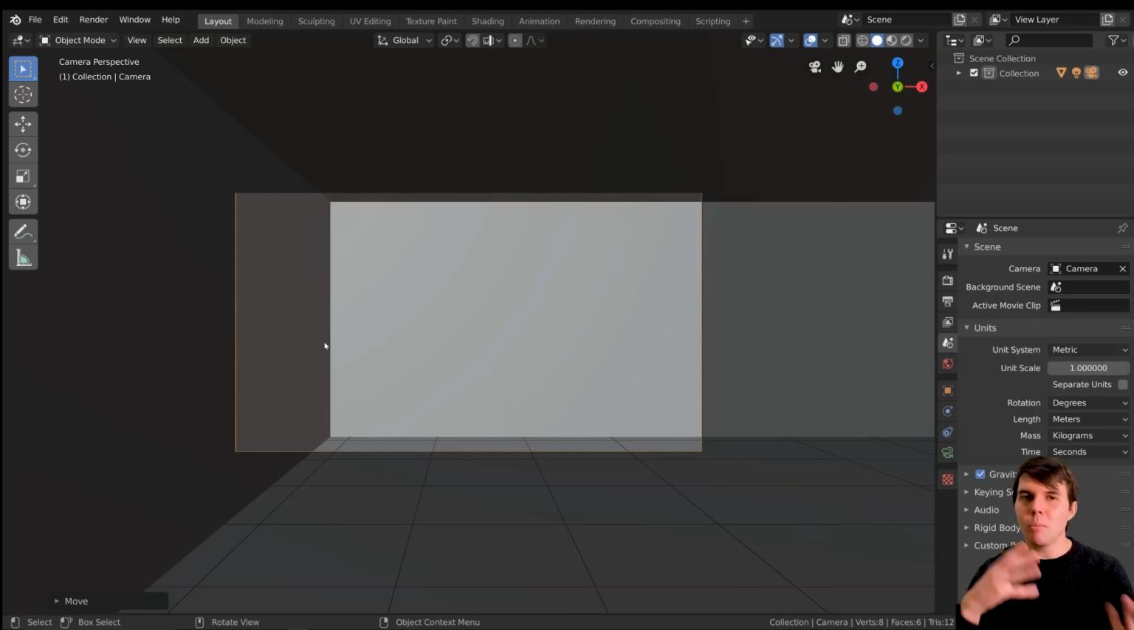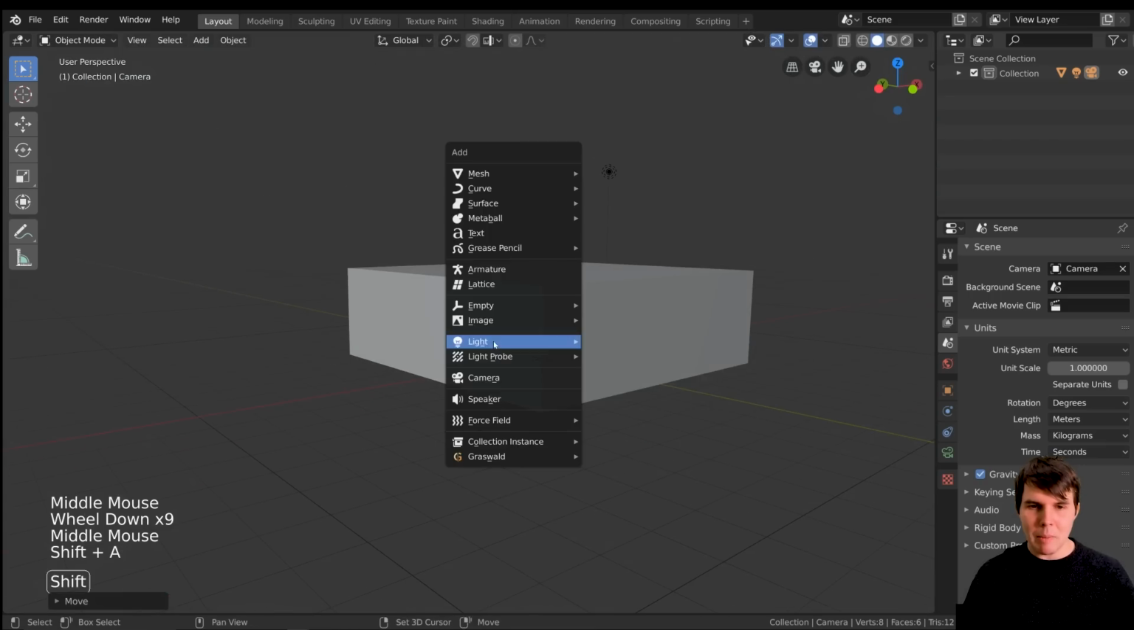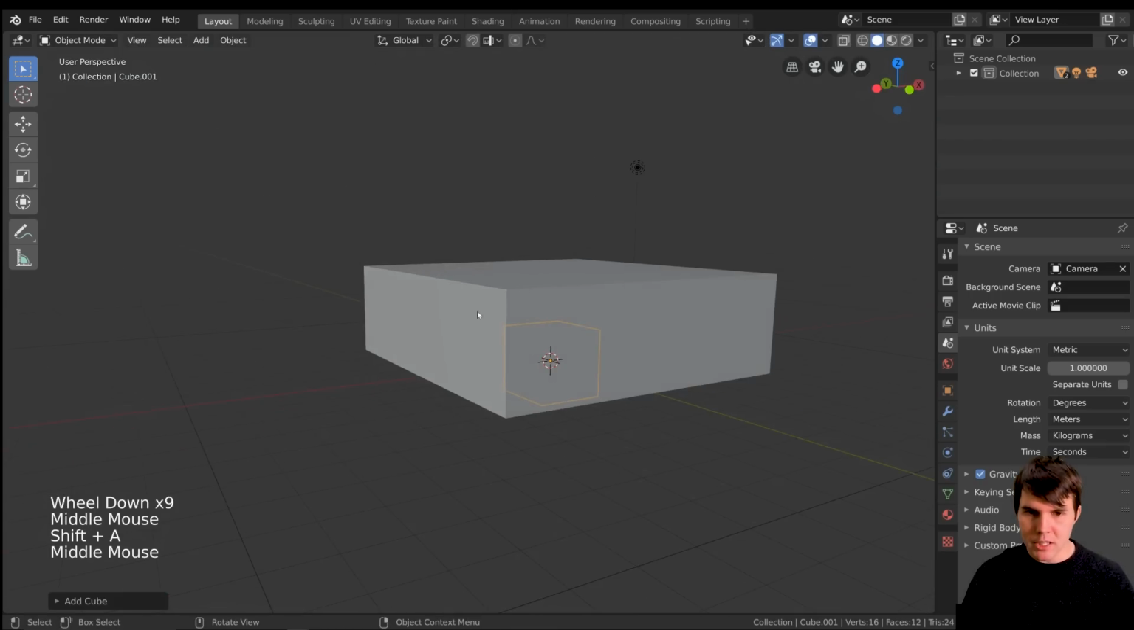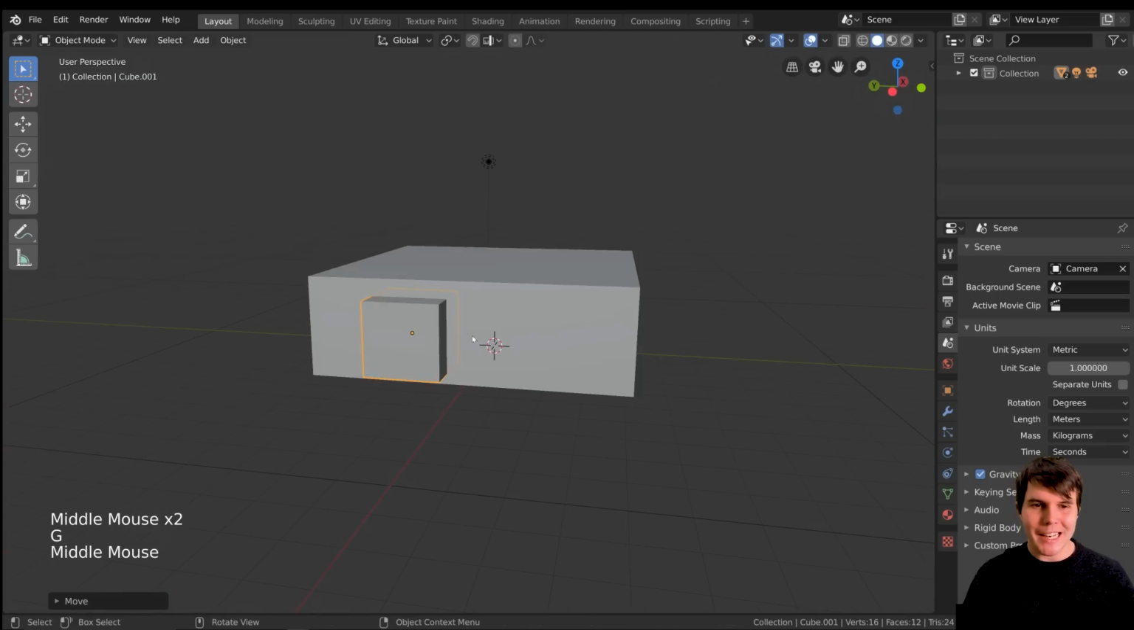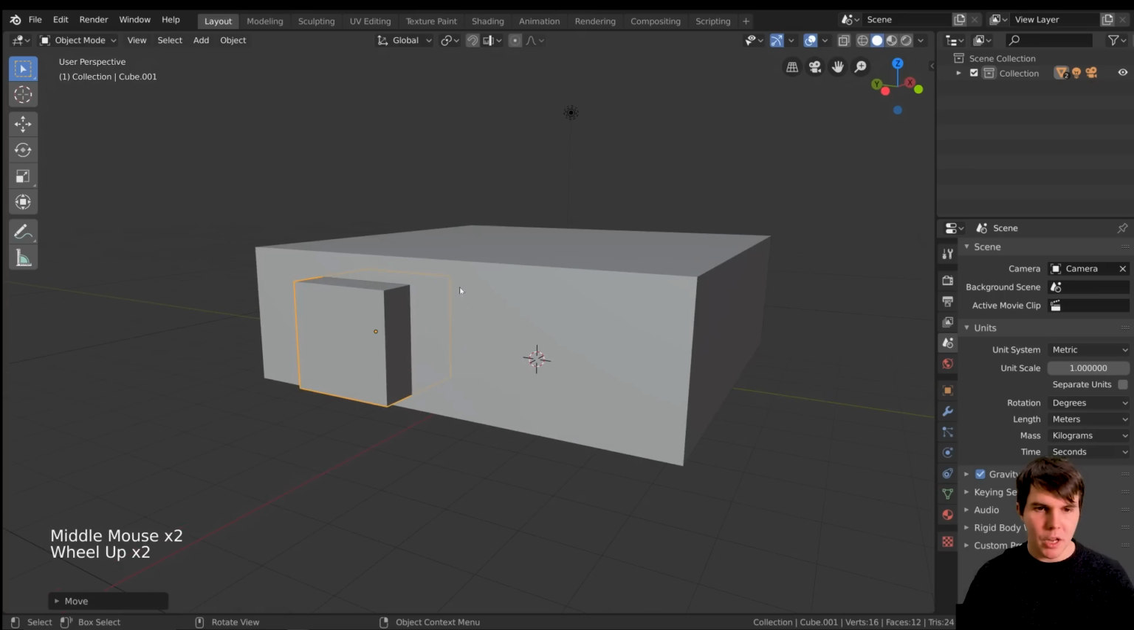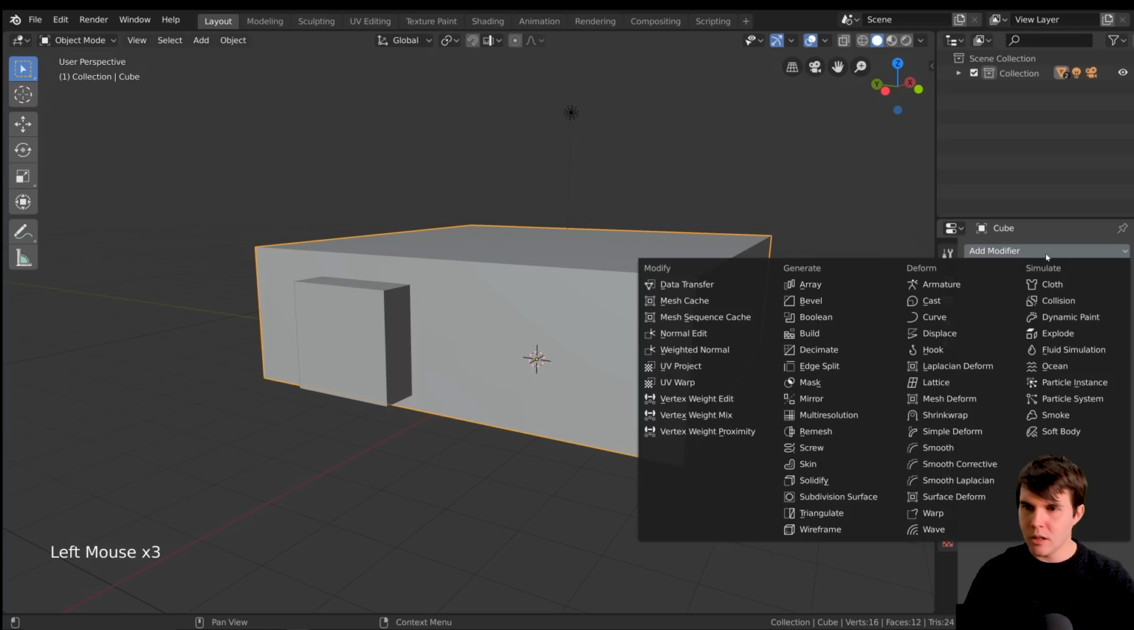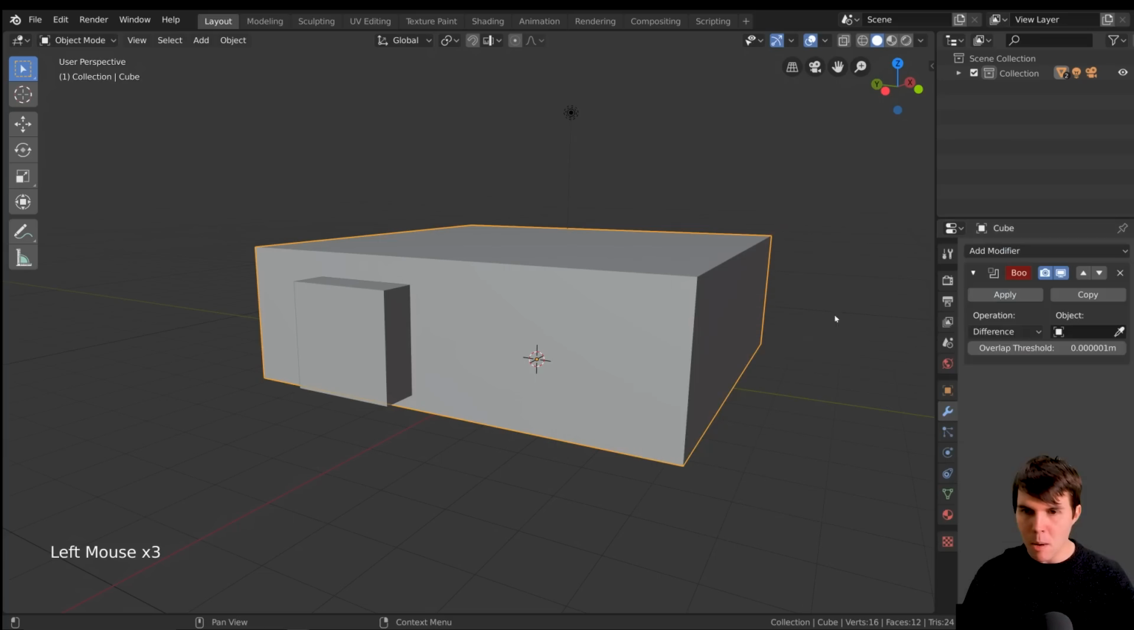Trouble with that is that if you want to move the window, you've got to deal with all these loops and everything. I'm not a big fan of it. So I prefer to actually use a boolean object. What I mean by that is a secondary object like a cube, which is going to subtract from this shape. So if I select my room here and then go to the modifier stack and add in a boolean